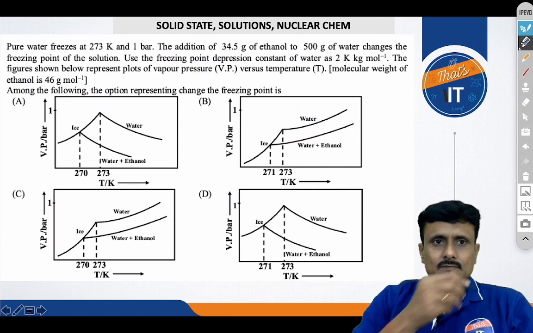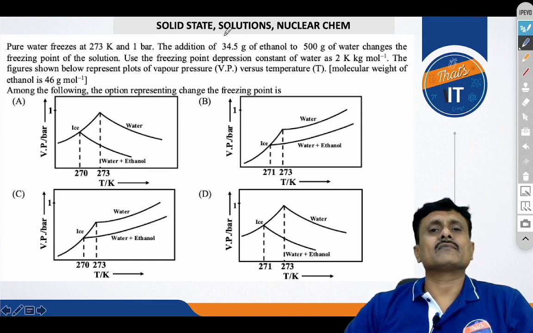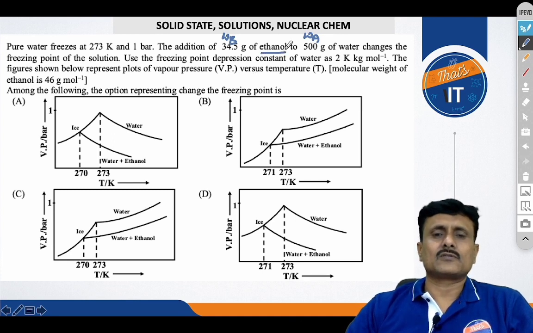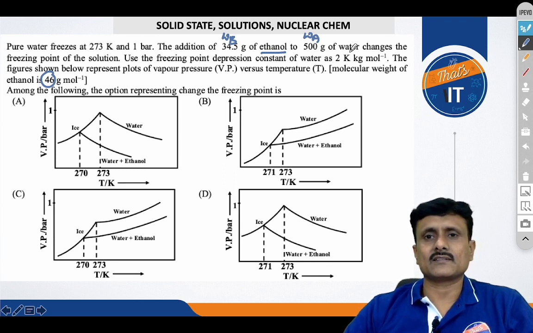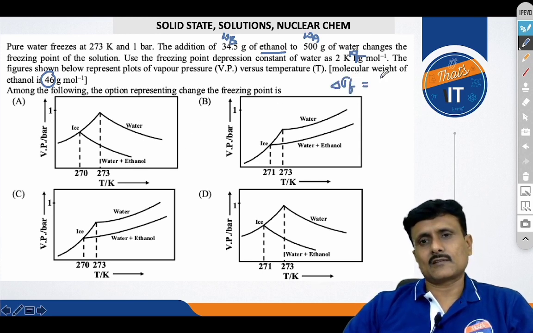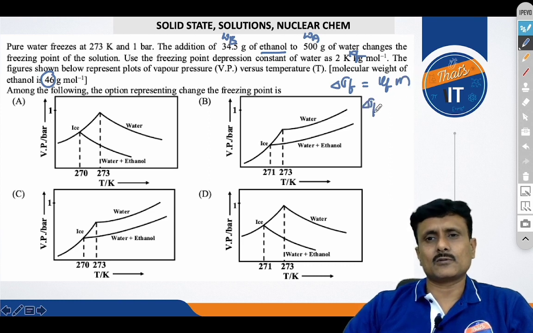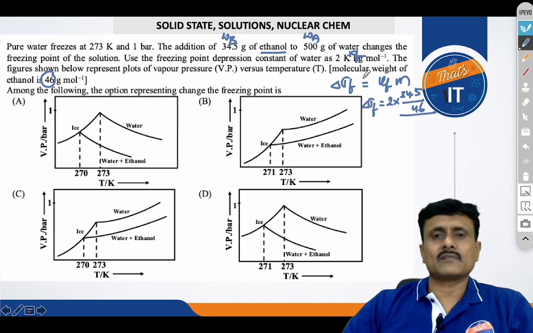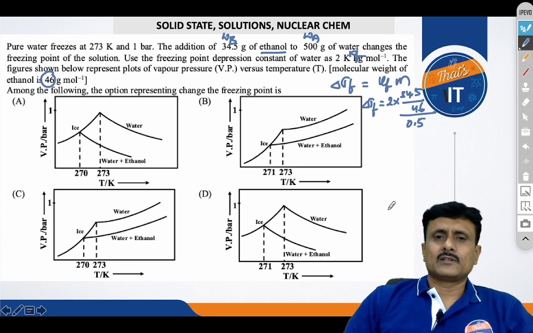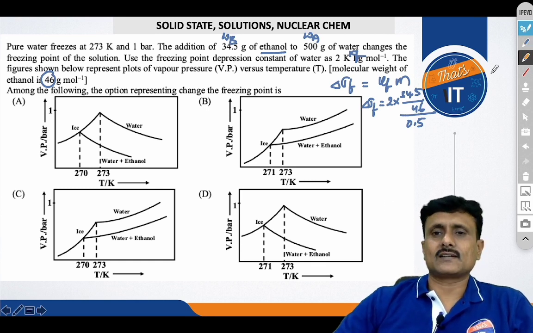Now the next question: pure water is freezing and you are given the weight of the solute and the weight of the solvent as well. You know that the solute is non-electrolyte type where the molar mass is 46, and you use the freezing point depression constant, that is the value of Kf. Now we know that for a non-electrolyte, delta Tf equals Kf into molality. So delta Tf equals Kf, which is 2, into molality, that is 34.5 divided by molecular weight 46, divided by weight of solvent in kg, which is equal to 0.5. So when you do this, probably you will get delta Tf as 3,